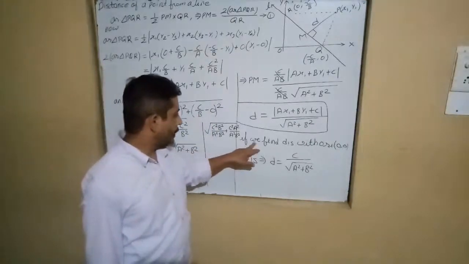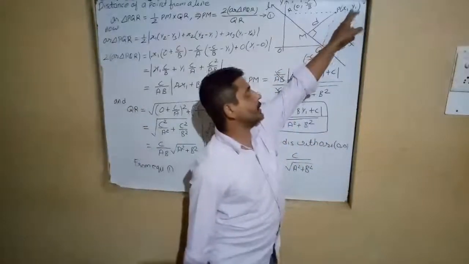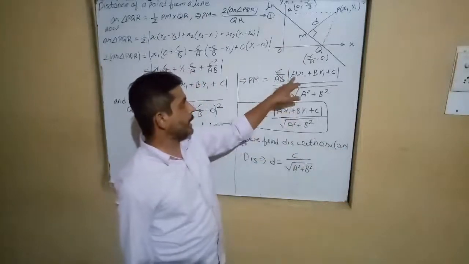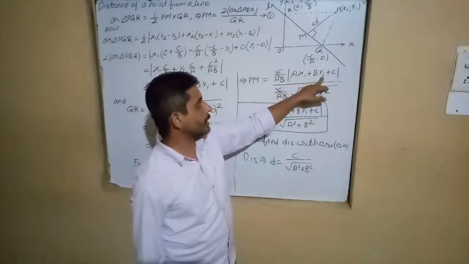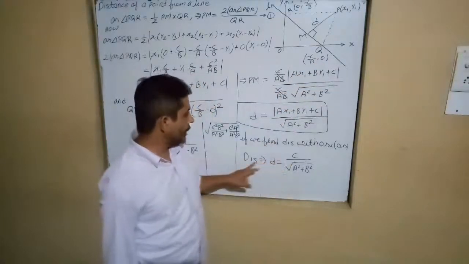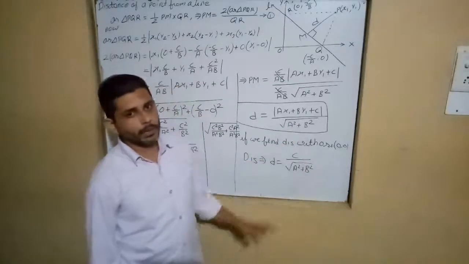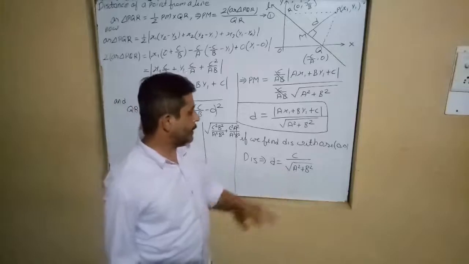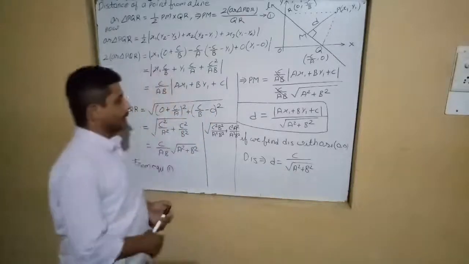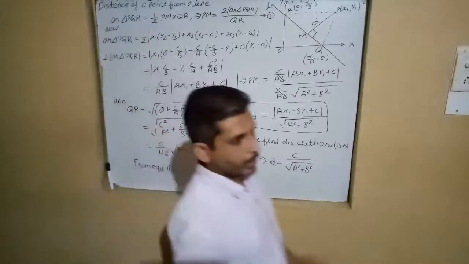If we find the distance of any line from the origin, that means here x1 y1 will become 0, 0. So when we multiply a with x1 and b with y1, means a into 0 and b into 0, so c is only left. So distance d, what will come? C upon root of a square plus b square. Okay, this is also important. If we learn this, we can directly use it for distance from the origin. So first you note it fast.